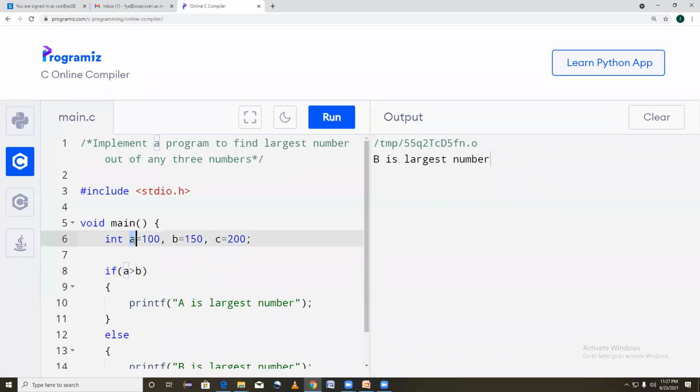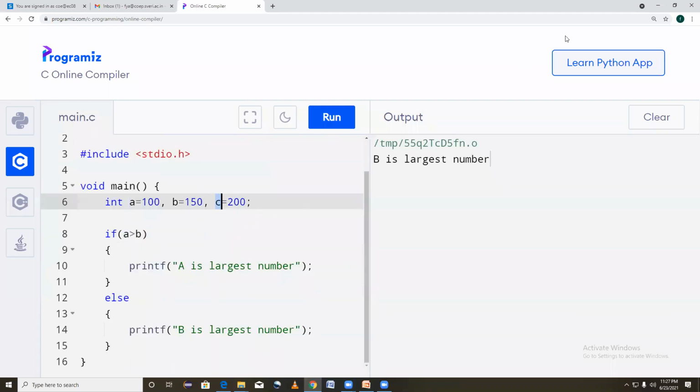Now what I have to do here is compare A with B and C, then compare B with A and C, then compare C with A and B. If I do it this way, I can easily find out which one is the largest number. Okay, this is one hint for you.